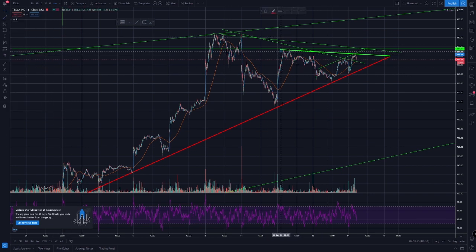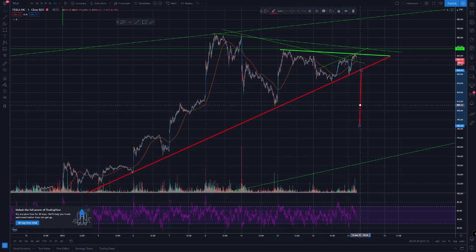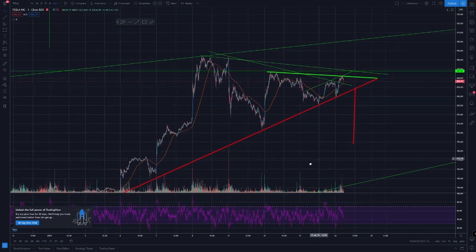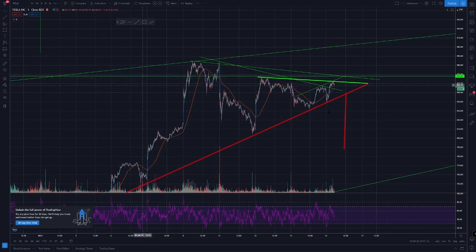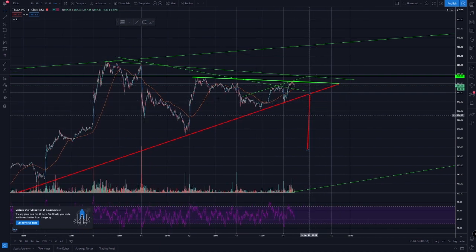Let's see that pattern. It can go something like that. Wherever we're at, I don't know where it's gonna break out, or if it's gonna go to the downside. And if not, if it breaks up,